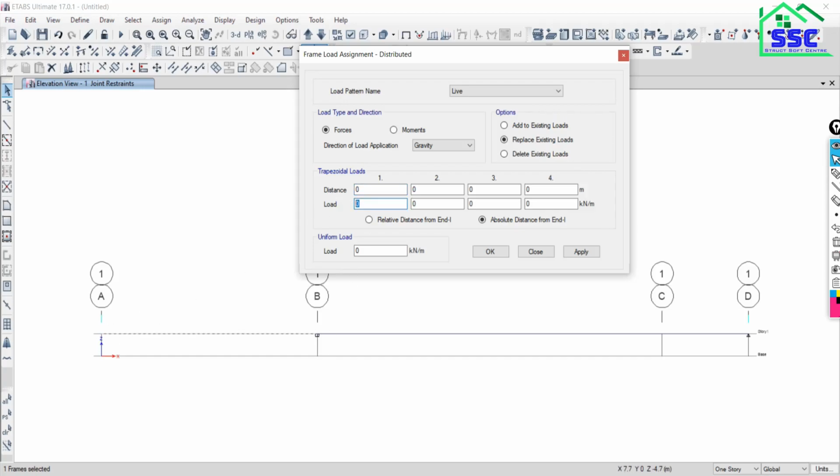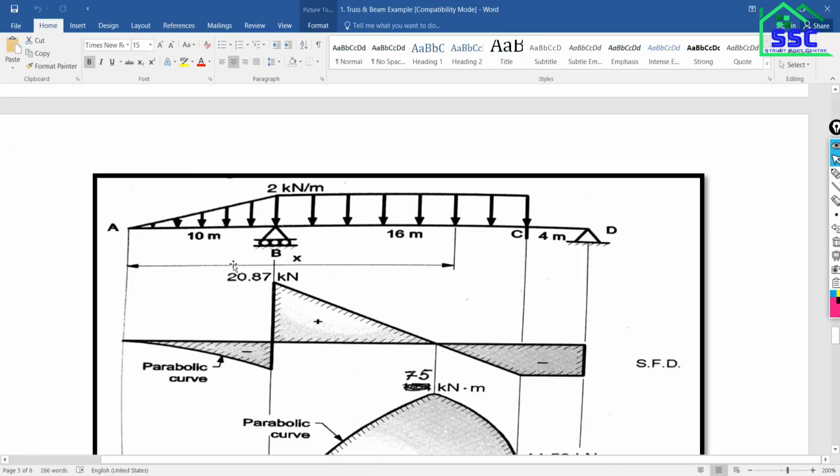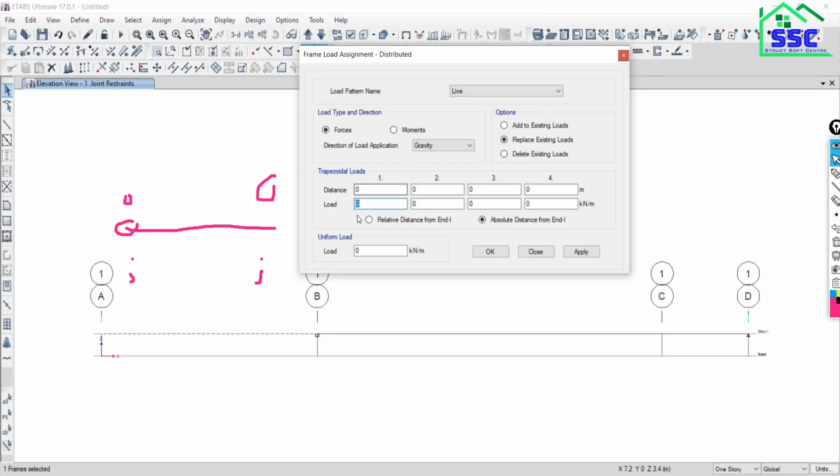See here, for this frame at a distance 0, this is the start point I, this is J. So at a distance 0 the value is 0. At a distance 10 meter the value is 2, remember. So at a distance 0 the value is 0.